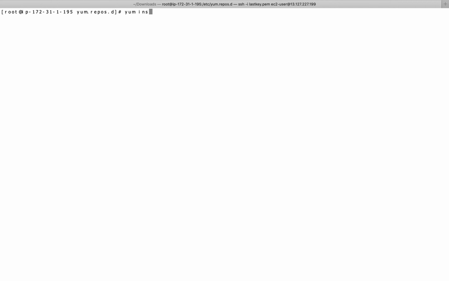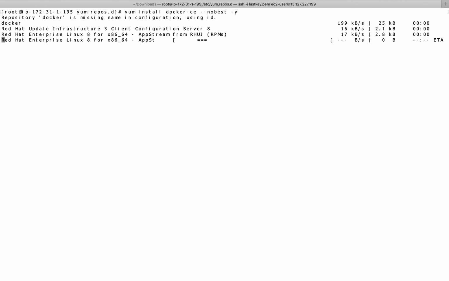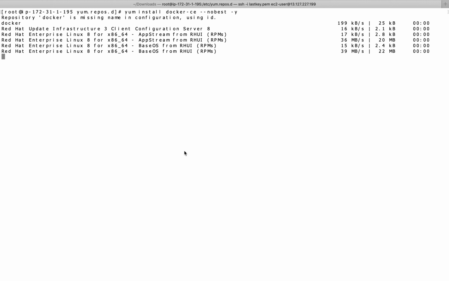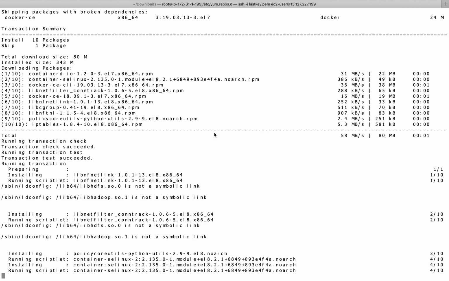Now let's install Docker. This will install the most stable version of Docker onto our Red Hat machine. Here Docker is getting installed.